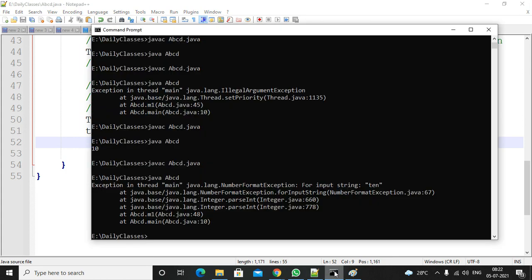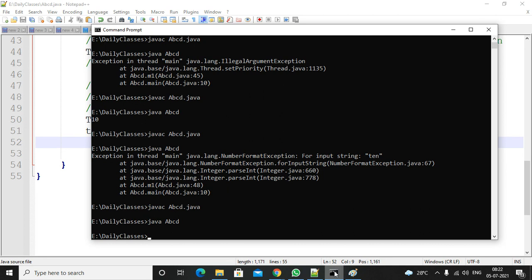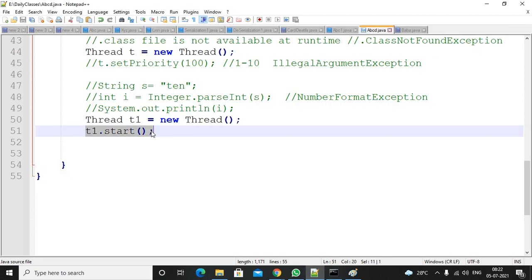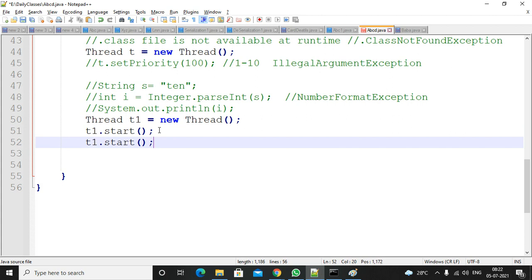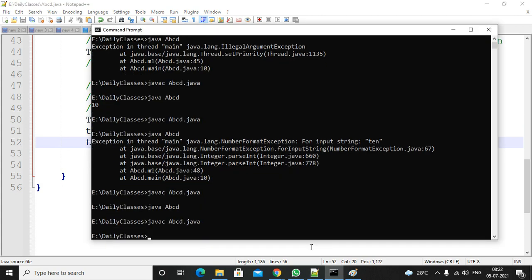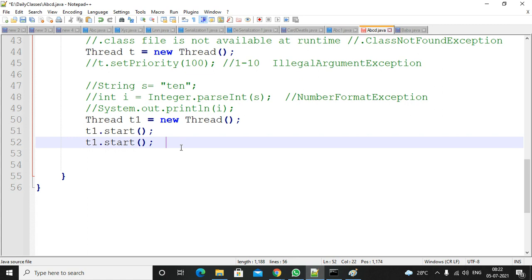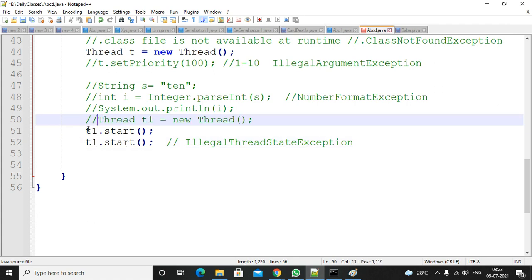You just compile and execute, and you don't get any error. If you try to start the thread one more time, when one thread is already started, you will get a runtime error saying illegal thread state exception. So this is one more exception.